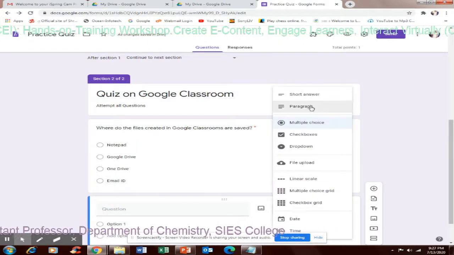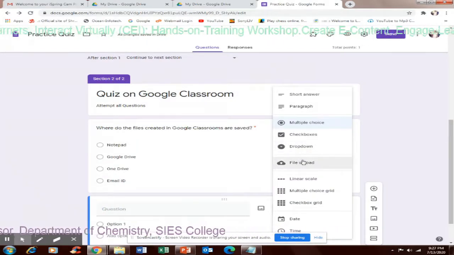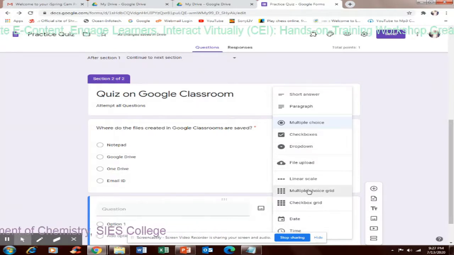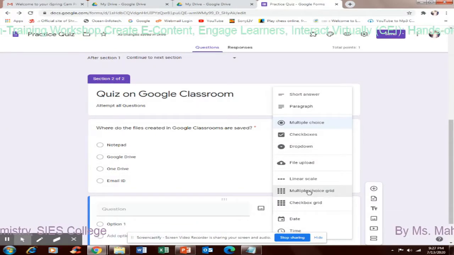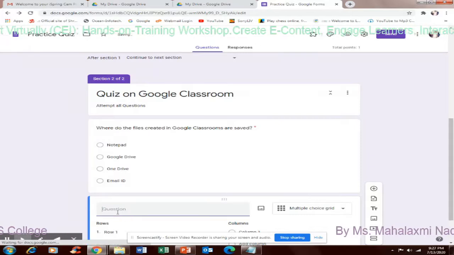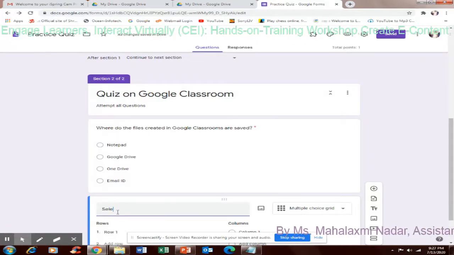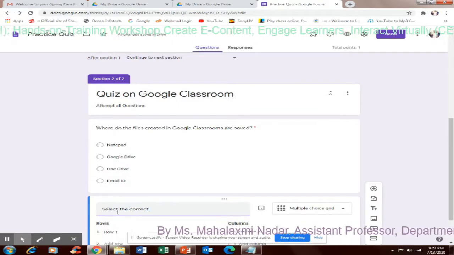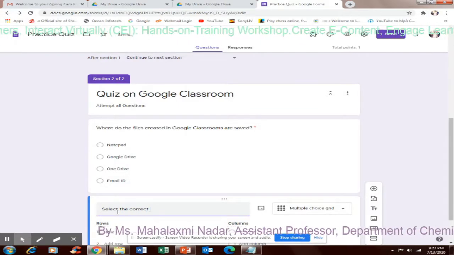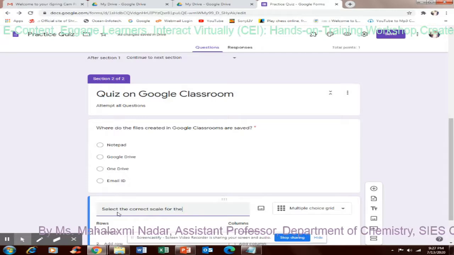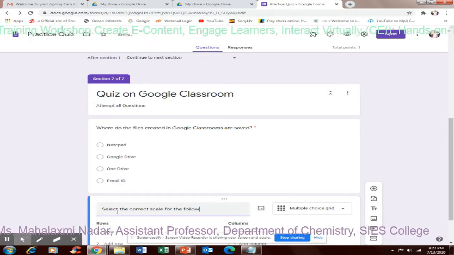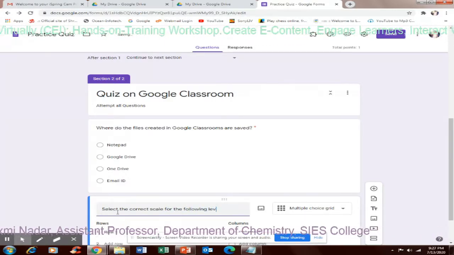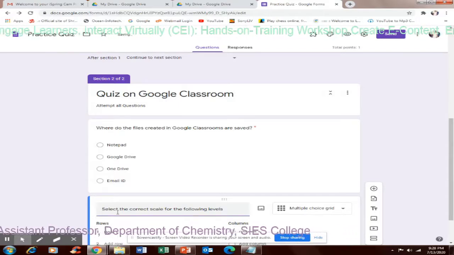So next question I want to add, say I will take multiple choice grid. Okay, select the correct scale for the following levels.